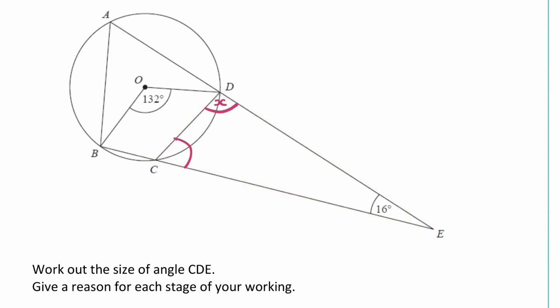So looking at our circle theorem here, we have angle at the centre being double the angle at the circumference. So to find this angle here, we would do 132 divided by 2, which is 66, and take your time to work these out. You can do bus stop division at any point, and that is 66 degrees. So I'd want to write next to that, or you could write it down in terms of actual angle proof. You could say angle